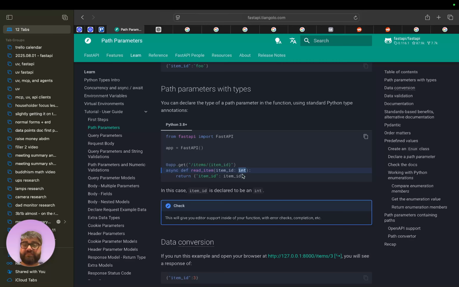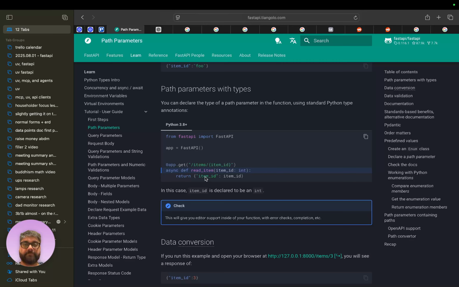Normally type annotations do nothing in Python, but in FastAPI, I think they've engineered the framework so that it uses the annotations you're doing to actually validate and do things. So in this instance, because we went through Python types, the item ID will be of type int. So if you put in item slash like 300, this will work and it'll say item ID 300.